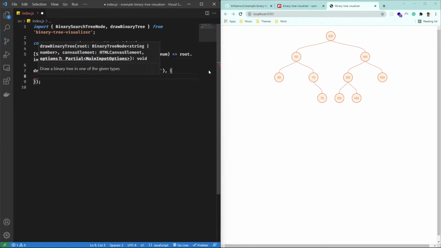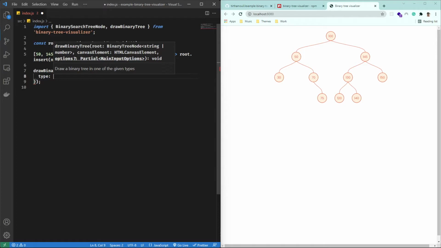You can add a third options parameter to the drawBinaryTree method and you can pass these properties. Type. It is the visualization type that is being used. Currently I have created 3 visualization types. By default it is simple. In simple type, it is assumed that there is a maximum number of leaf nodes and the spacing of the nodes is decided according to that.